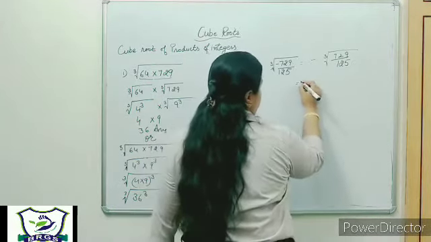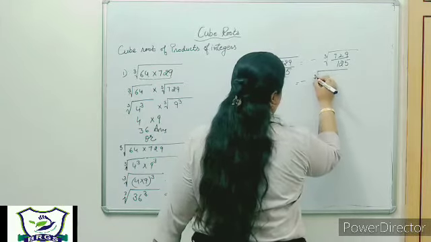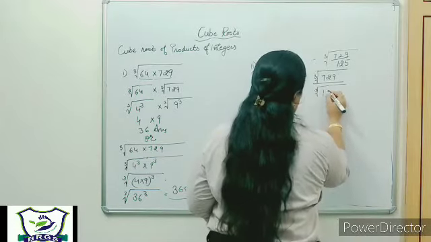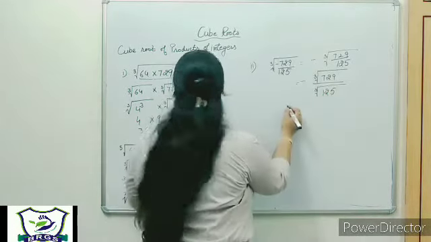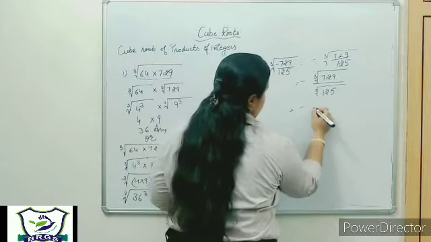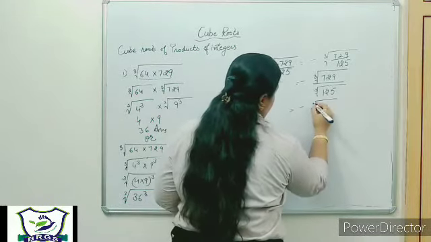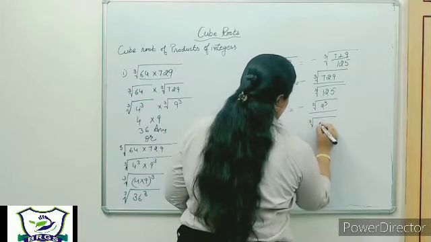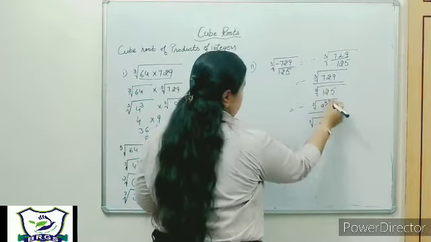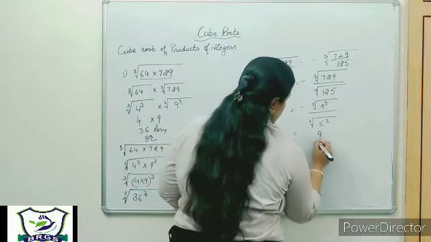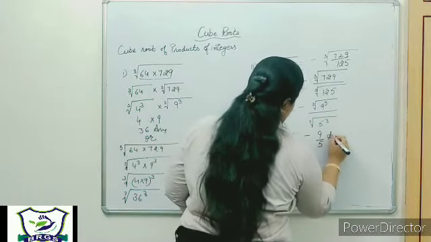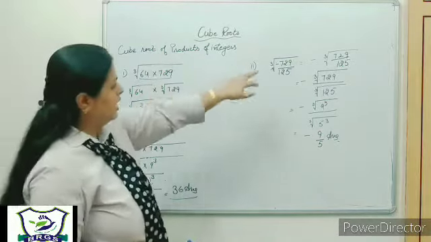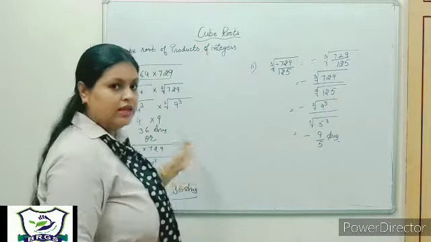So we can separately write numerator and denominator. Cube root of 729 and cube root of 125, and again 729 is cube of 9, 125 is cube of 5, 3 and 3 will cancel, so what is left? 9 by 5, minus 9 by 5 is the answer. So the product and division cube root will be found in this way.